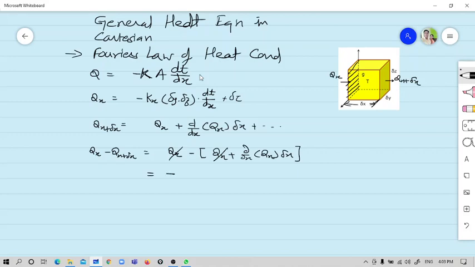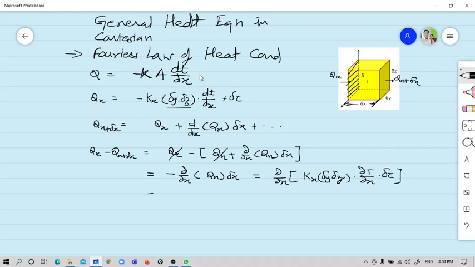So this will be equal to minus of ∂/∂x into bracket, you have qx delta x. Now this qx is, again, we have this minus of kx. So the minus minus signs will cancel each other, and you will finally get this as ∂/∂x of kx delta y delta z. Okay, this I have written this into ∂t/∂x into delta tau.